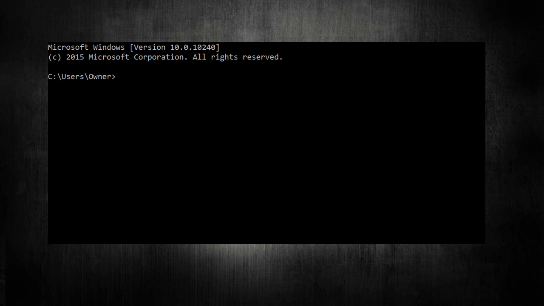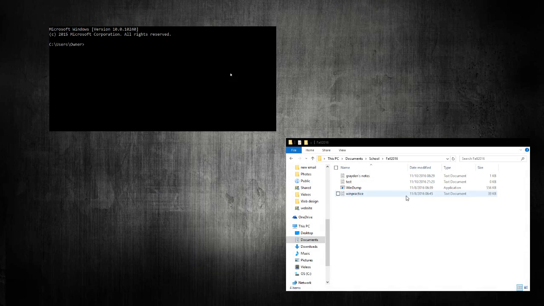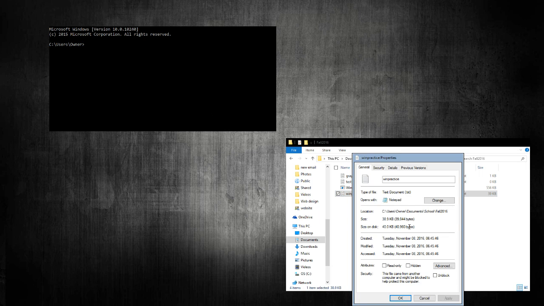So if we go back and look at in here, then see this WinPractice, its file location. If we go and look at its properties, file location is this. It's in C:\users, /owner, /documents, /school. So in a command prompt, you would have to write all of that.